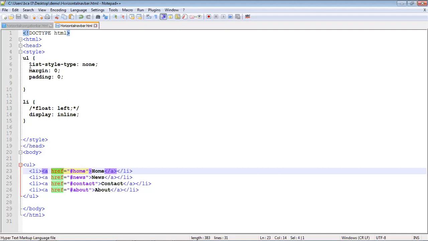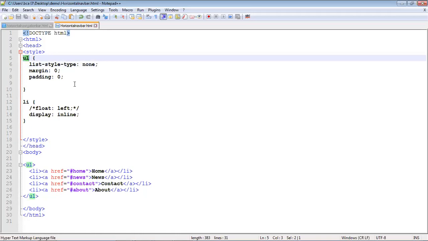Here, how do we apply CSS properties to a particular tag? We use this format. First we write the property name, next a colon, after that you mention the value. Like in the Java programming language we write int a = 10. Here a is a variable we declare, and equals is used to assign the value to the variable. Similarly here we use a colon. The value is assigned to a particular property, and the property to a particular tag. So that is CSS. Understand this concept, it is very important.